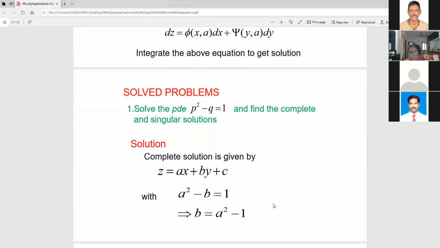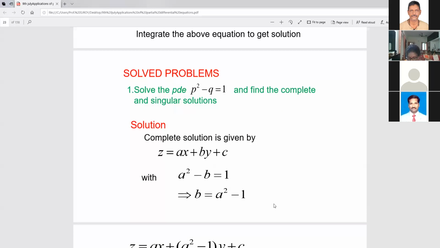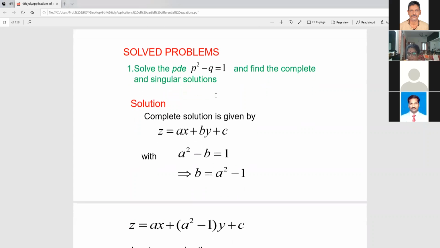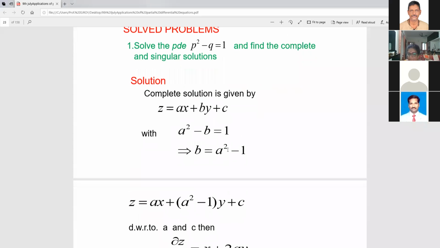I have given some examples. I think I will not be doing the examples; it's just finding solutions. If you have some function of P and Q, we'll be solving this, as we know, the way we'll be doing in the class.